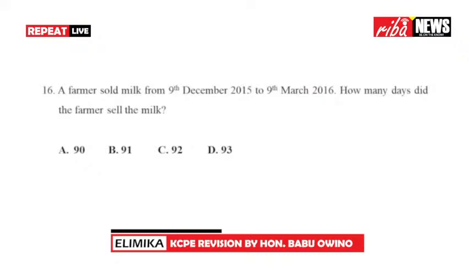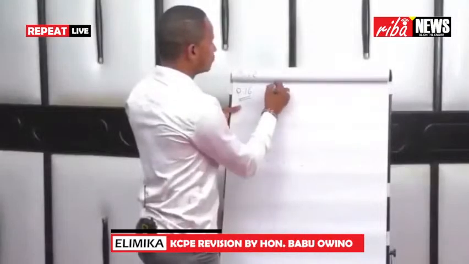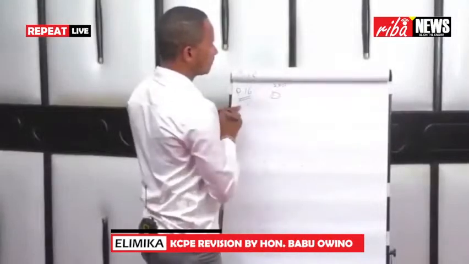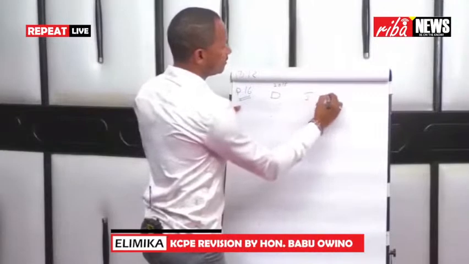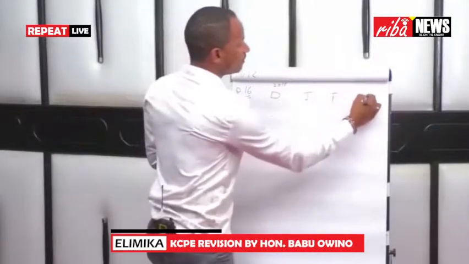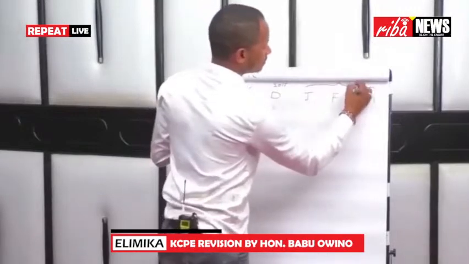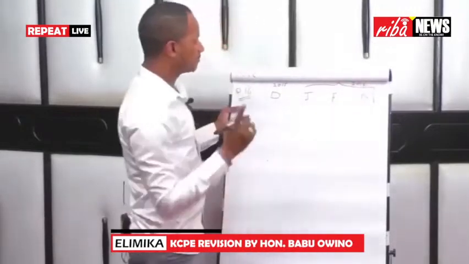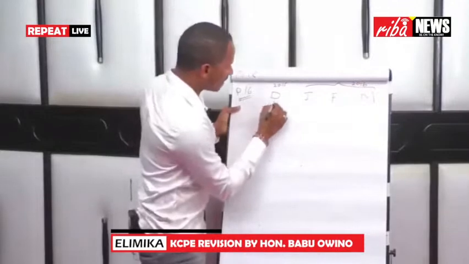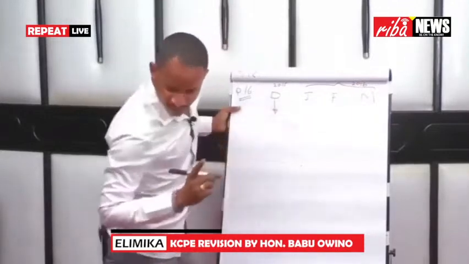Just write the months. Write December 2015. Then January, February, March. So these 3 are 2016. But remember, the farmer started selling, a farmer sold